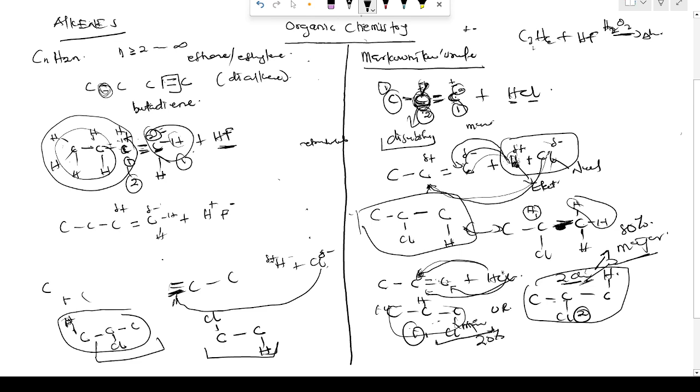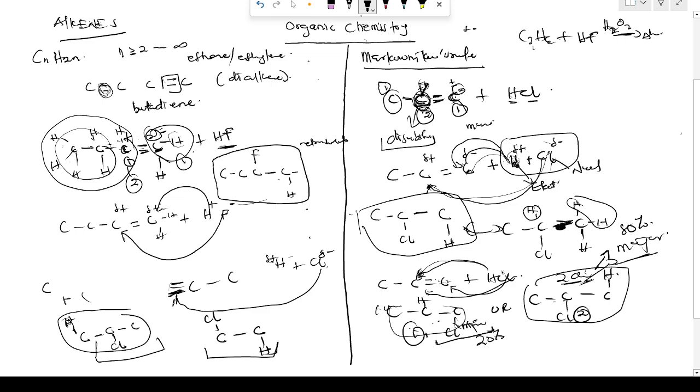Our H plus here becomes our electrophile. So electrophile goes to our carbanion, and then our nucleophile goes to carbocation. We are going to get C bonding to C bonding to F, going to C bonding to H. So this becomes the product that will be formed, and this becomes our Markovnikov's product or our major product that